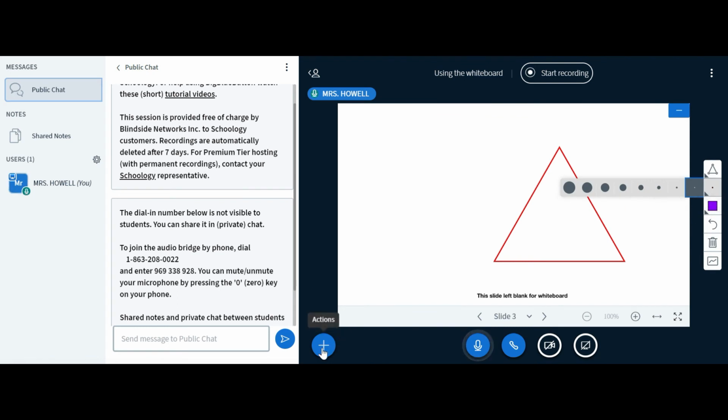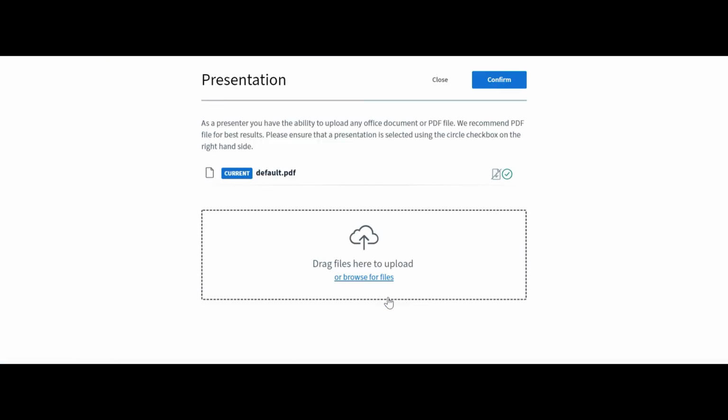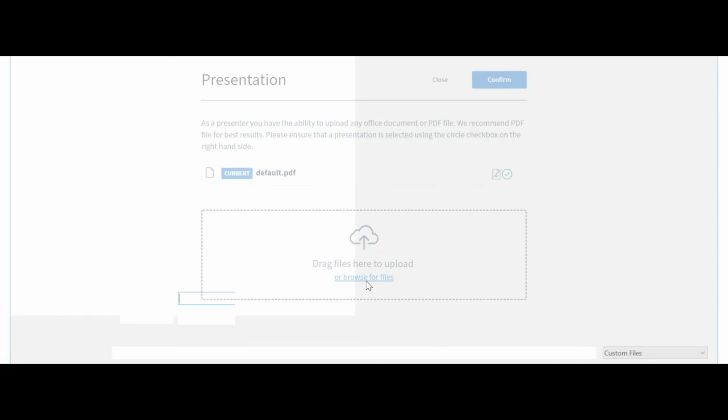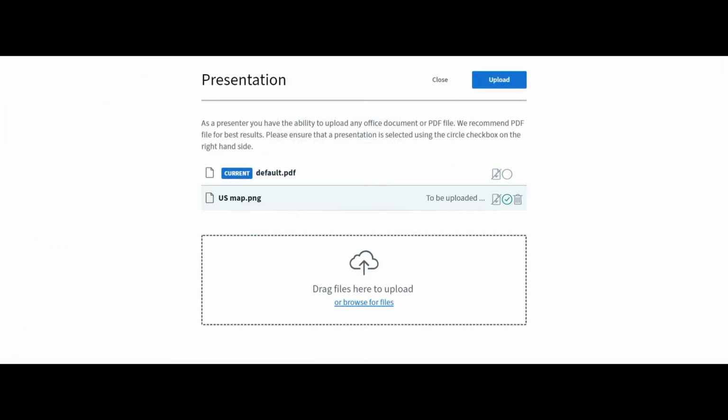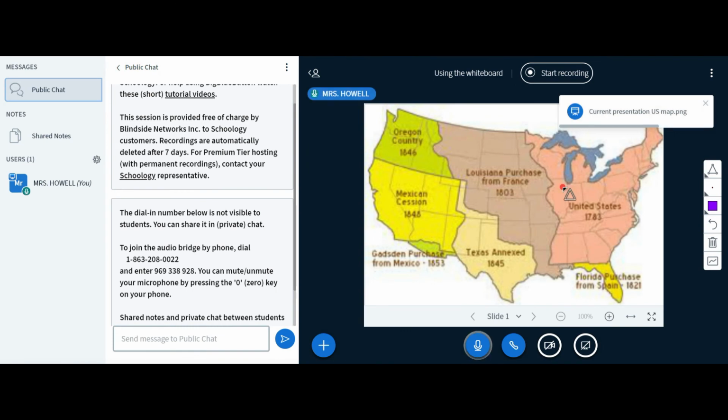So let's say I come down here to Actions. Now I'm going to upload a presentation. I'm going to click to Browse for Files. And let's just do this US map right here. So it's uploading. I'm going to come up here to confirm I do want it to be uploaded. So now the students can see